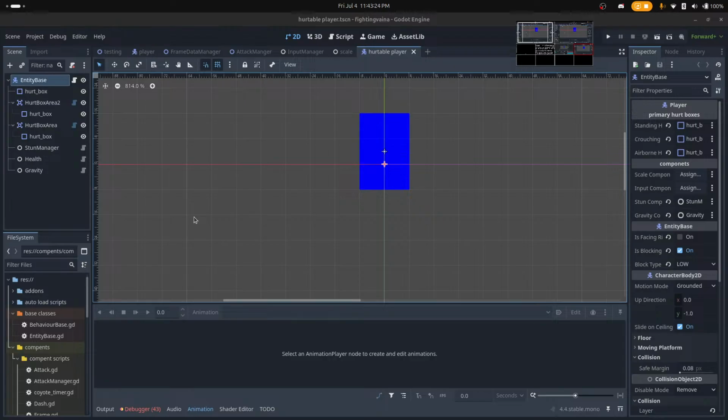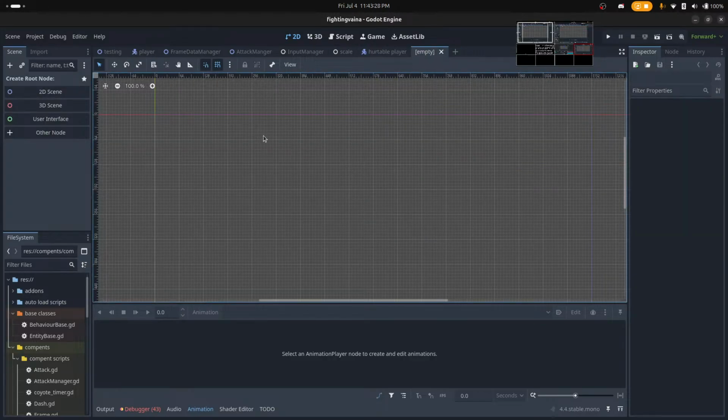Alright, welcome back. It's night, and it's time to learn how to do things we haven't done before. So, here's what I want to do. I want to learn how to use the animation player. One of the reasons I want to do this is because I'm not sure if my current system for attacks is the best system,